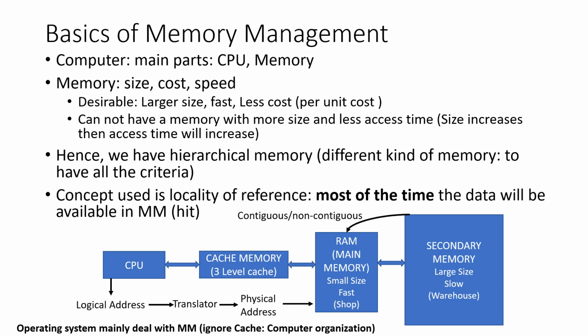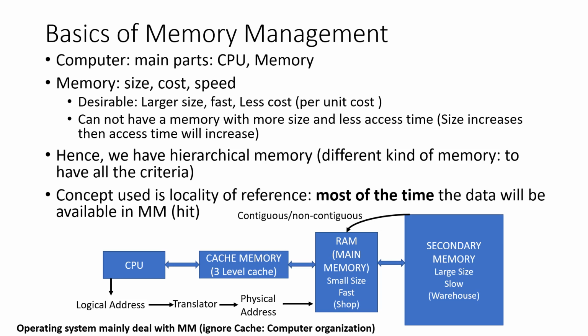The processes which are to be executed by the CPU are brought into the RAM, and since the size of the RAM is small, the time required to access is also small. Here, you can imagine secondary memory as a warehouse and main memory as a shop. So whatever is required, we can bring from the warehouse to the shop. Cache is a memory which is available on the CPU. So whatever is frequently required is kept in the cache from RAM.